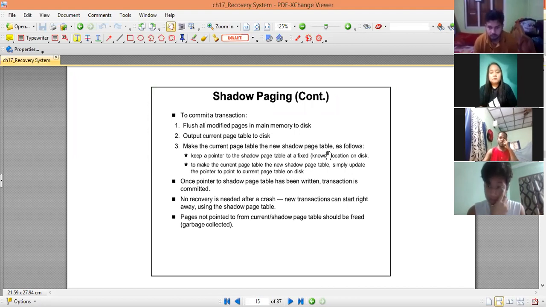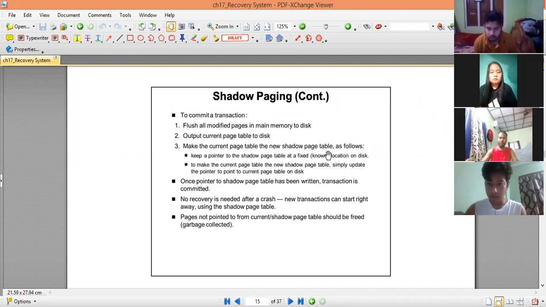Now in case of failure, suppose a transaction has updated the current page table, and after that, before it has been reflected to the database by performing the flush operation of the current page table, the crash occurs. Then the updated value of the transaction will not be reflected to the database, but the database can be made to its previous consistent state by consulting the shadow page table from its pointer, as I have already discussed.